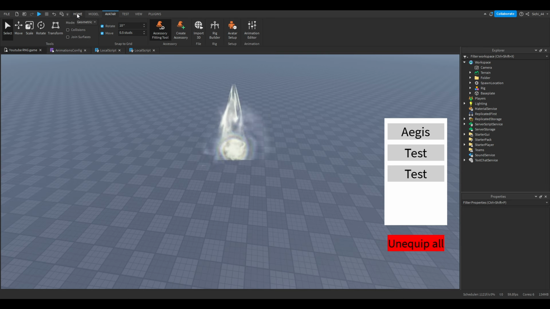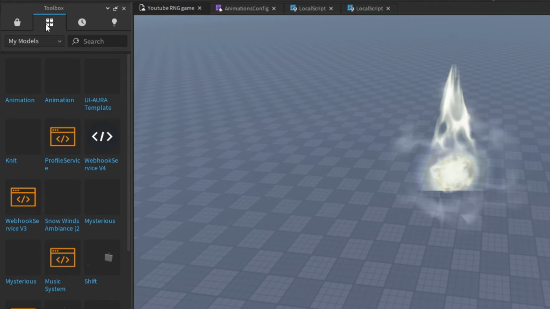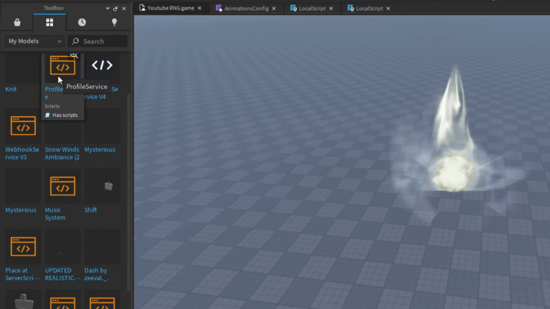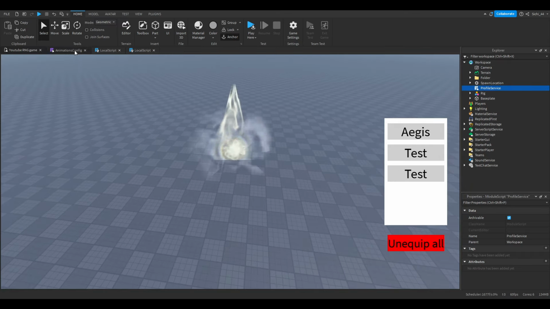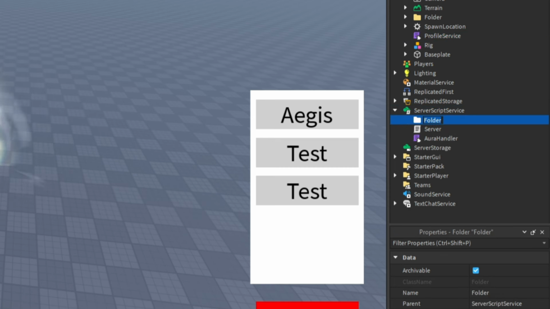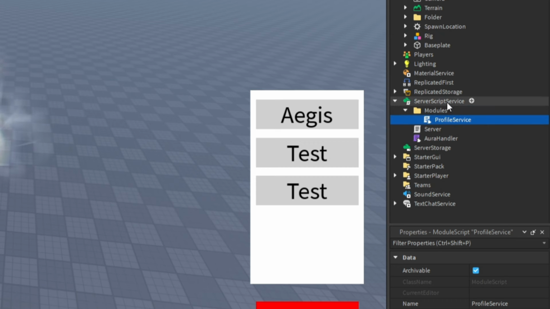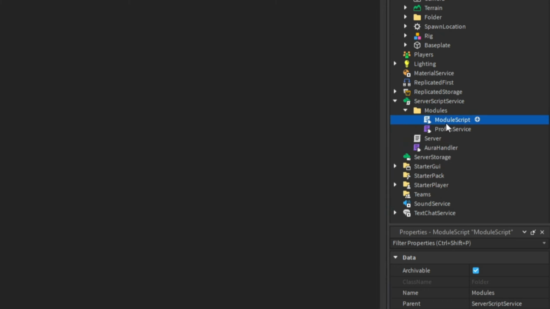But it's all right. So just click on home, then on toolbox, then on your models, and then on the profile service, because we will need this. So the second thing you are going to do is create a new folder in server script service and call this modules. In this, you're going to drag the profile service, and then you're going to create another module script, and you will name this data manager,